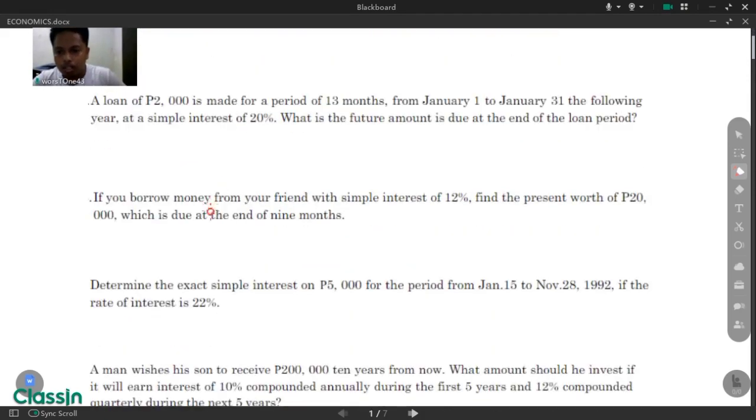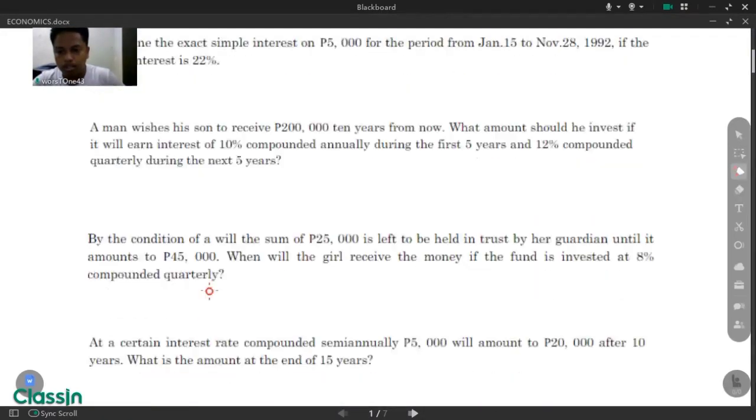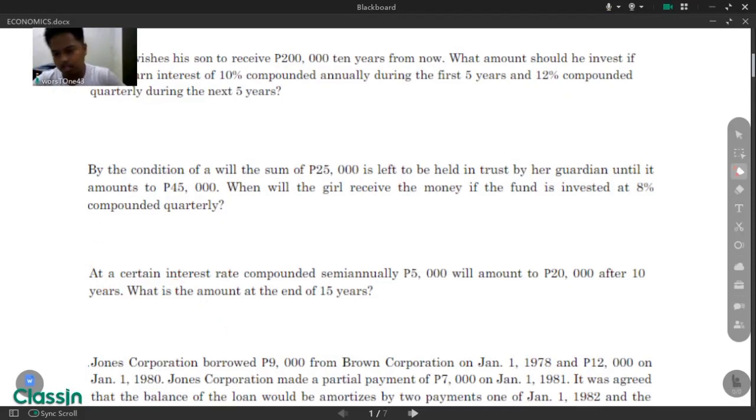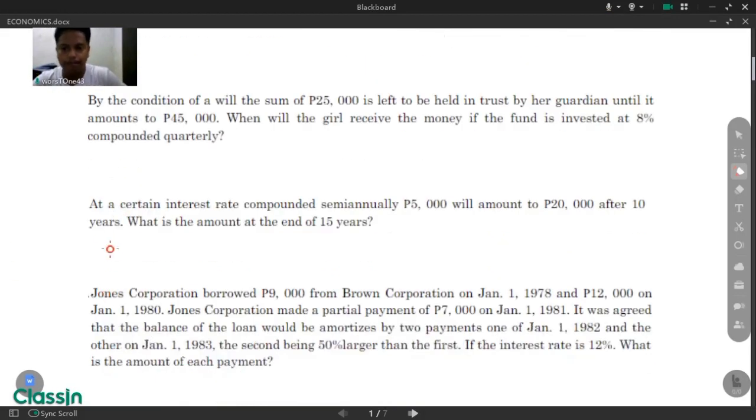First, second, third, fourth, fifth, sixth, and seventh. Okay, this is our item number 7. At a certain interest rate compounded semi-annually, which is the mode of compounding, by this problem is already 2. 5,000 will amount to 20,000 after 10 years. We have our n as 10, and the mode of compounding, which is 2,